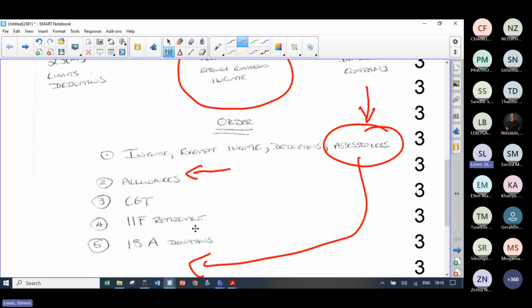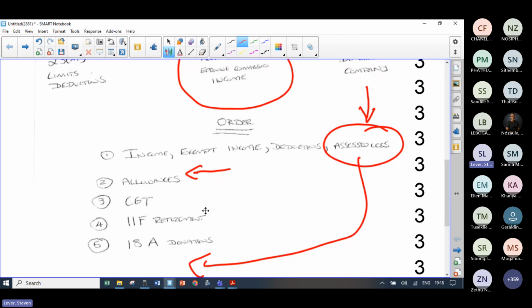Now, in most of the questions that you'll see, there's a format mark for doing this in the right order. So you'll see that there's normally a bonus mark in any individual question for layout and structure. Get the 1 mark for putting things in the right order. I'm just giving you a little bit of a heads up, because if you don't put them in the right order, you're going to get into trouble.